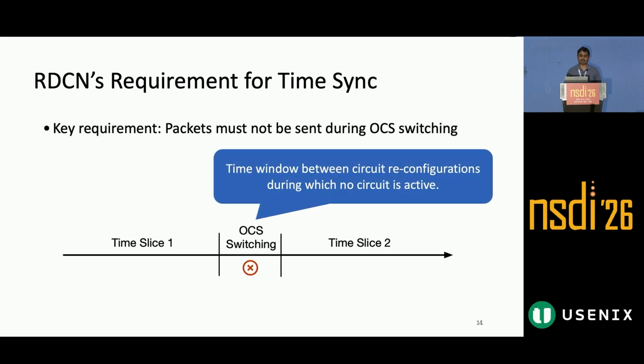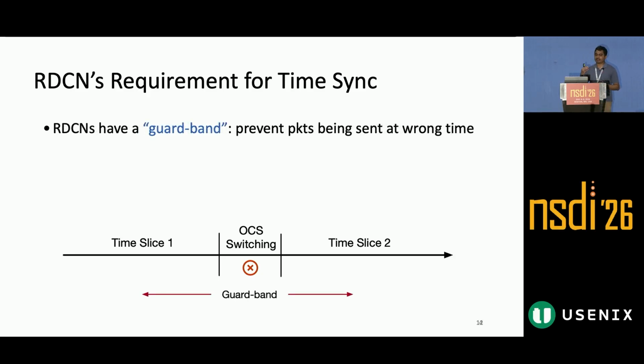The key requirement is that the packets must not be sent during OCS switching. OCS switching is basically a time window between circuit reconfigurations during which no circuit is active. And for this reason, reconfigurable data center networks have a concept of a guard band. Guard band is essentially this interval where no packets are sent, and it essentially prevents packets from being sent at